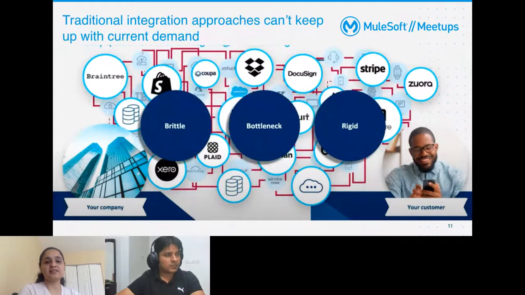Traditional integration approaches can't keep up with the current trend, because 80% of the data is not connected, and the organization is spending more time creating and maintaining integrations rather than spending time on innovation. Current integrations have become very brittle, very bottlenecked, very rigid. Companies spend a lot of money and time, and hire more resources just to create and maintain the integrations, but